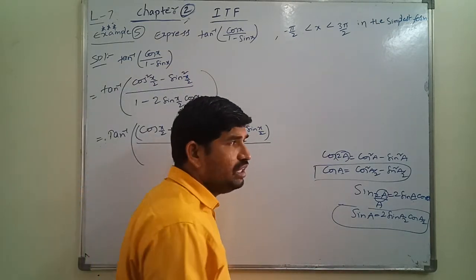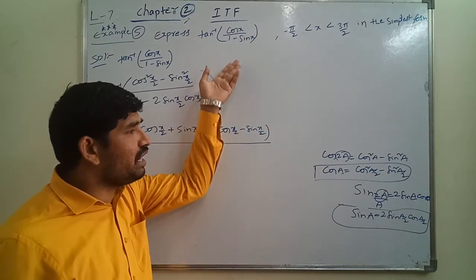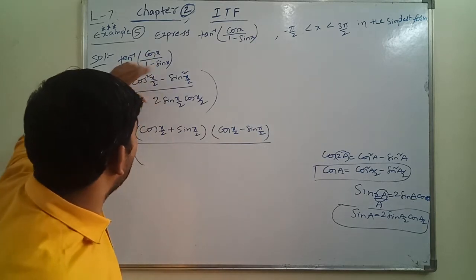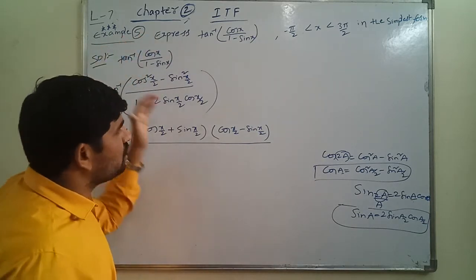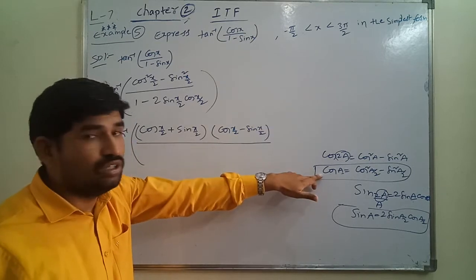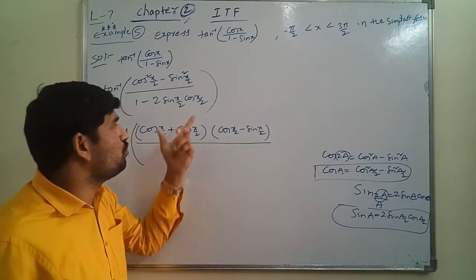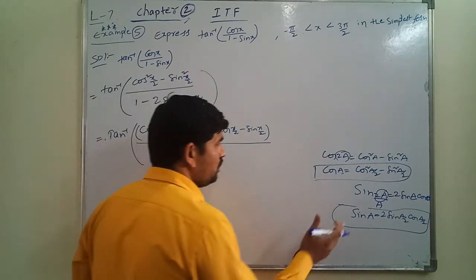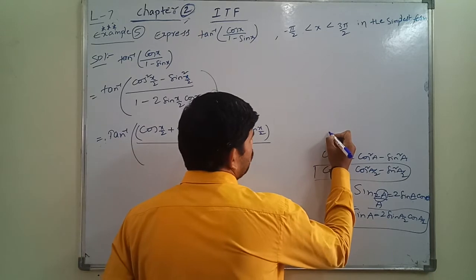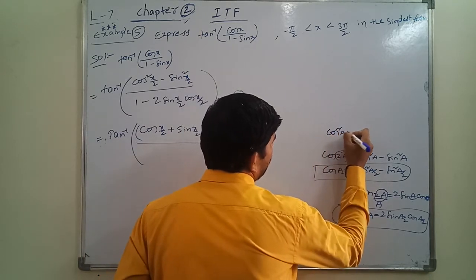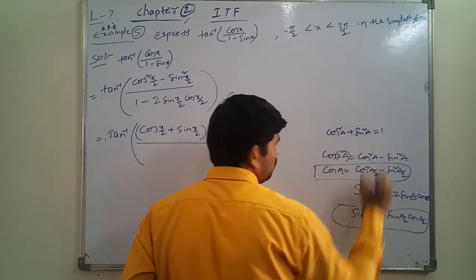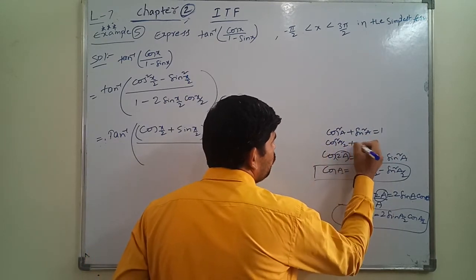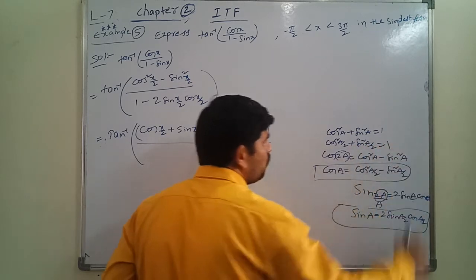Again one more formula. That's why a number of students will again ask doubts in the study session, because, see, this is the question in which we are using a number of formulas from the trigonometric ratios. So that's why the students ask, sir, we are not able to understand this solution. Okay, so that's why I'm going to say it very slowly. So please observe here. We know that cos square a plus sin square a is equal to 1 or not. In place of a, I will write cos square a by 2 plus sin square a by 2. Whether it is equal to 1 or not.